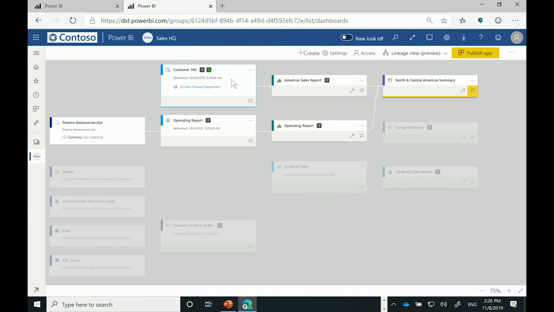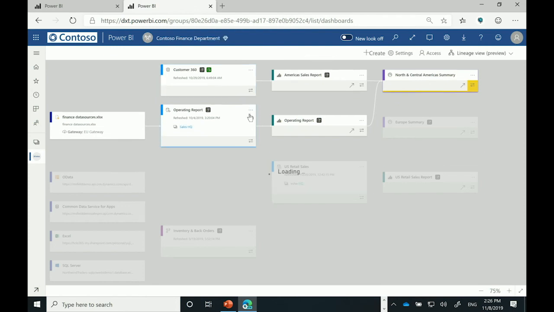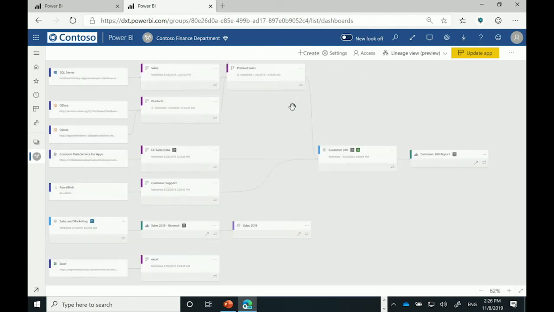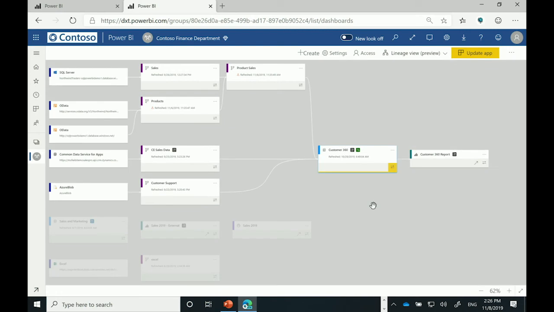We will continue the troubleshooting effort by navigating to the workspace that the Customer 360 is located. What we did now is navigate to a different workspace, and we are seeing the Customer 360 dataset. I will click the Show Lineage button in order to highlight the relevant artifacts, and we can see that behind this dataset there are multiple data flows that